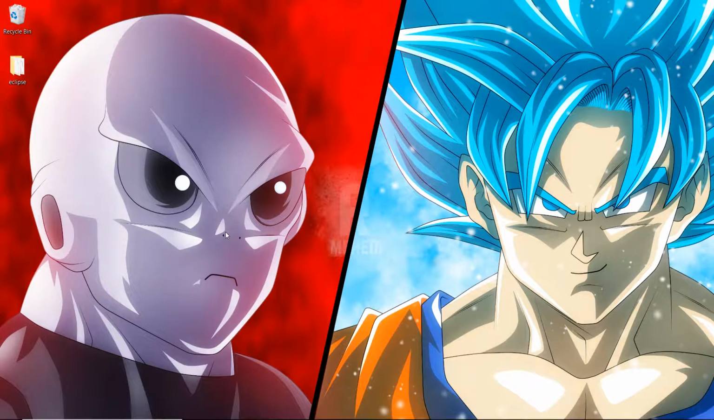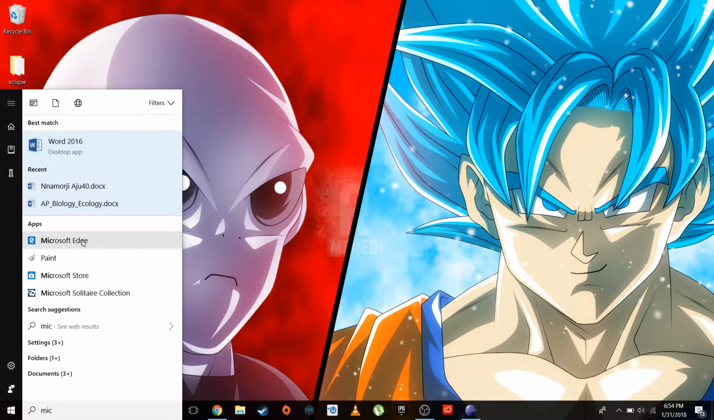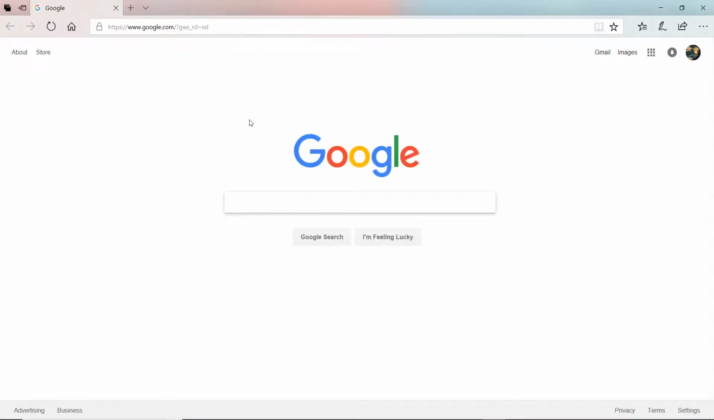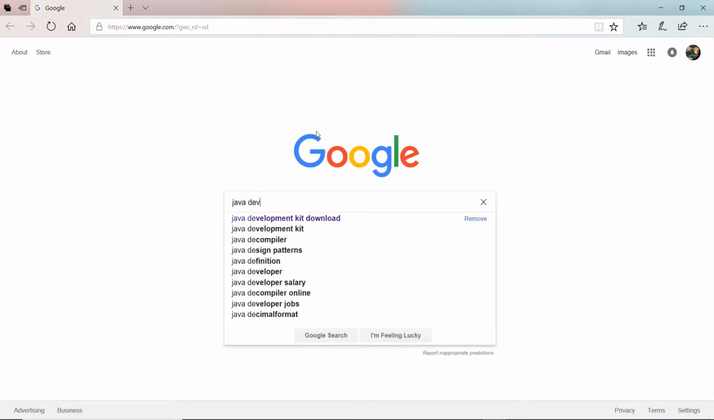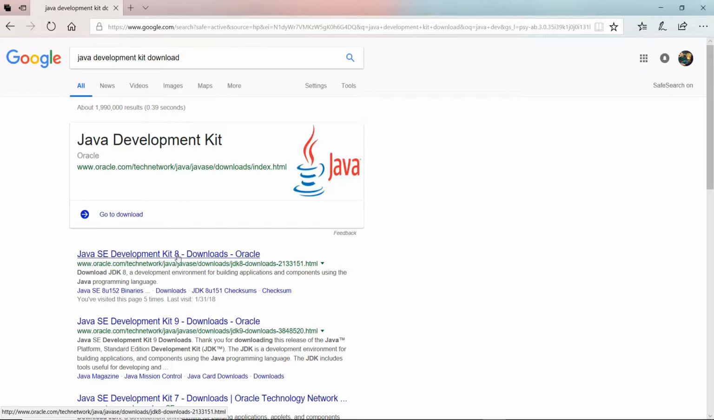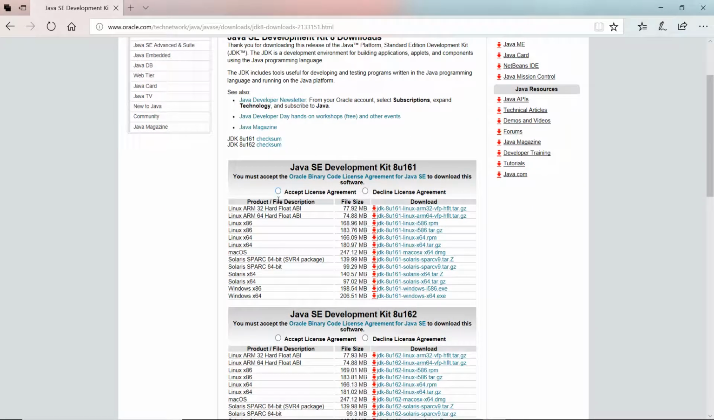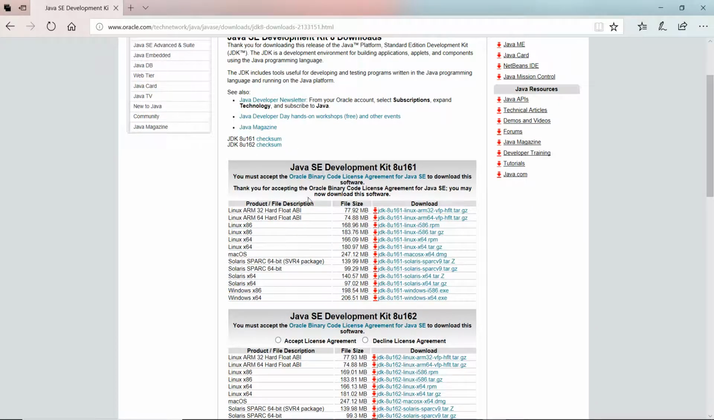Okay, so the first thing you need to do is open up a web browser, Edge. Then go to Google and type Java development kit download. Click on the first one, and then accept license terms and agreements, and then download the one based on what your computer runs. Like my computer is 64-bit, so I'm going to download the 64-bit. If you're 32-bit, then download the one that says x86. Once you have that downloaded,